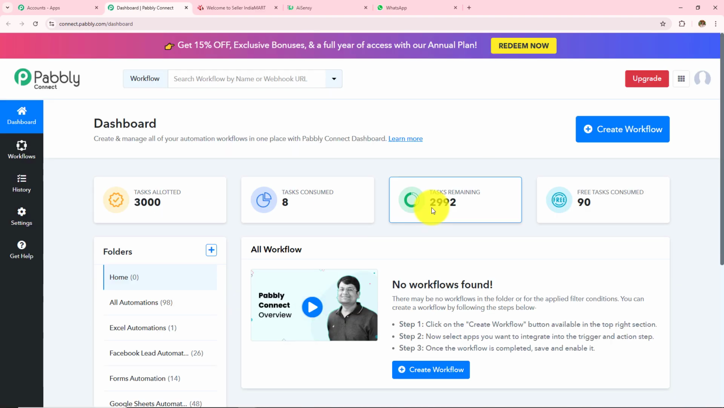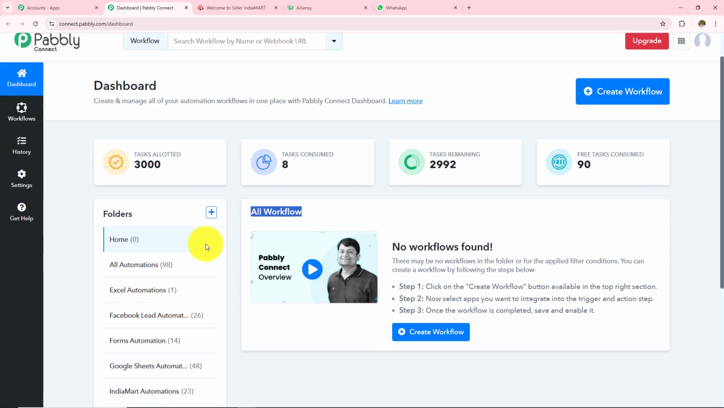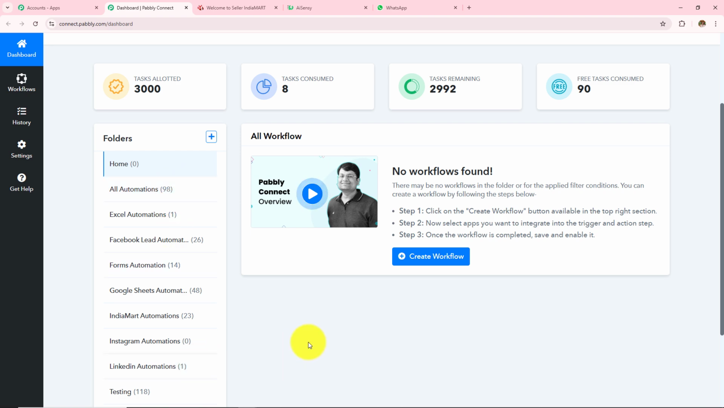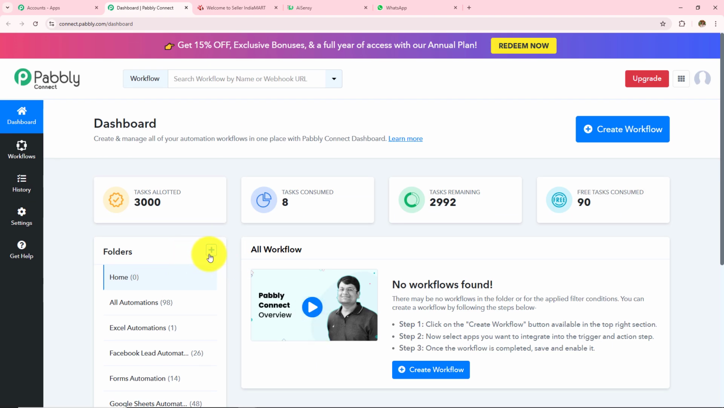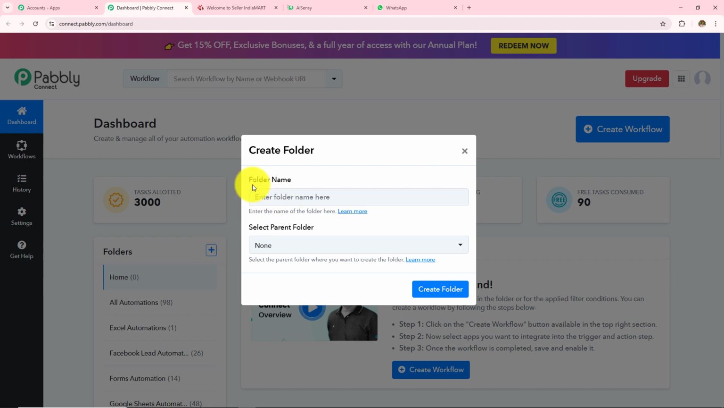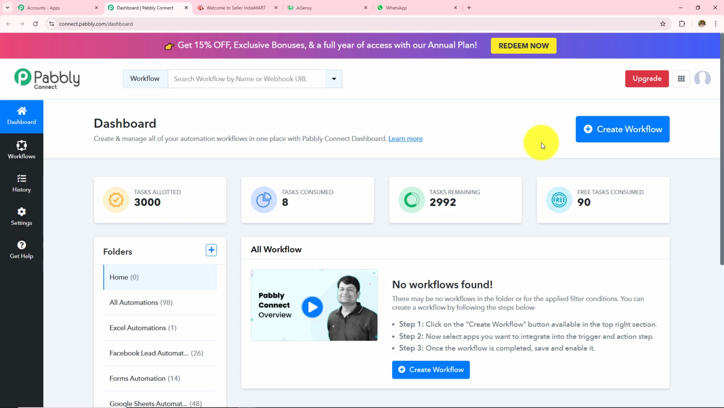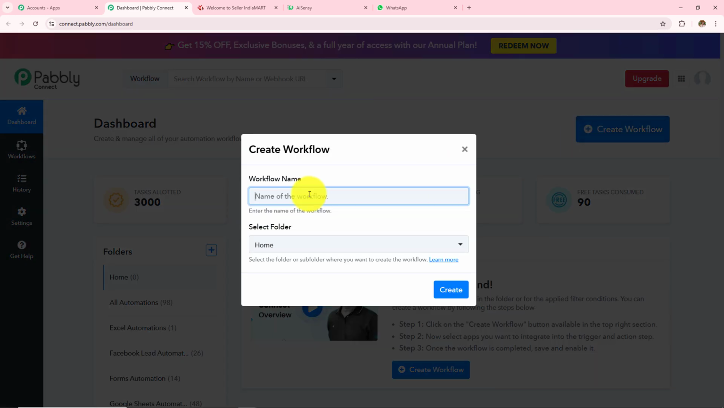And it has taken me to this dashboard where I will be able to find all my workflows over here and all the folders that I have created over here. If you want to create a new folder, you simply have to click on this plus icon, and from here you can create a new folder. For now, I want to create a new workflow, for which I need to click on this create workflow,